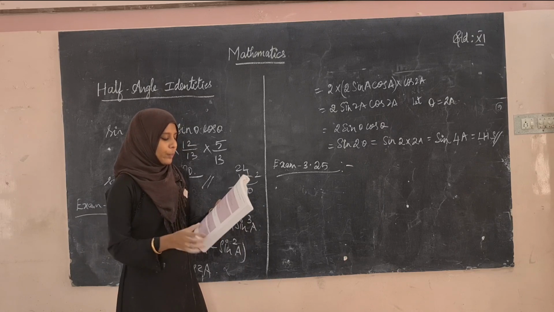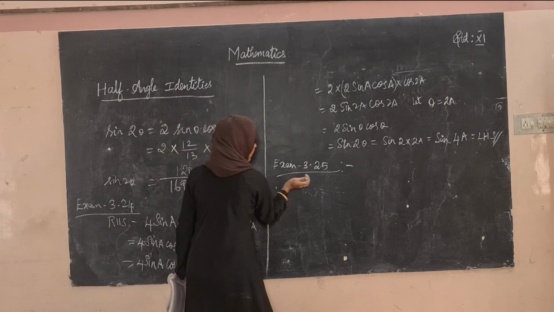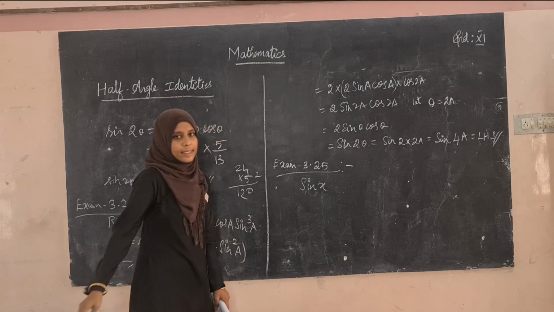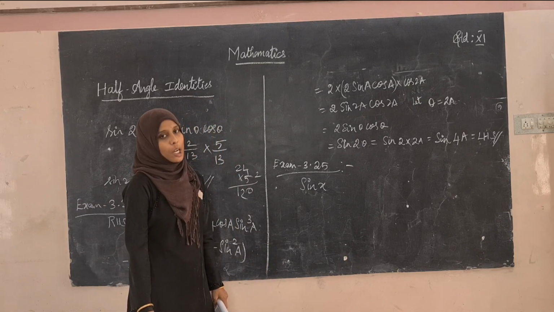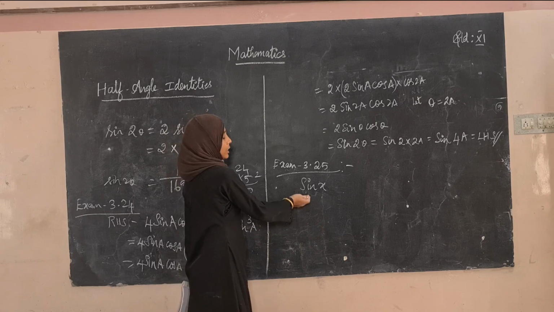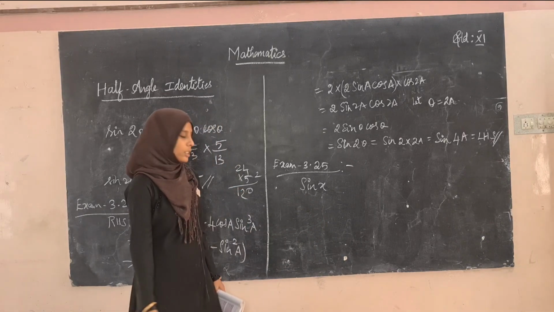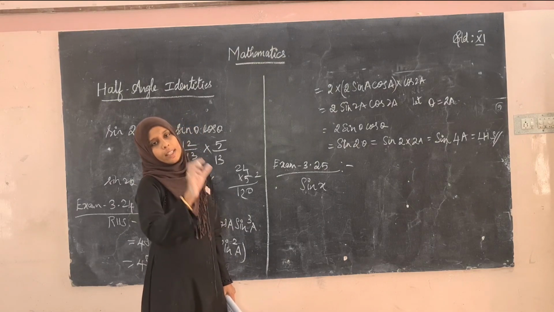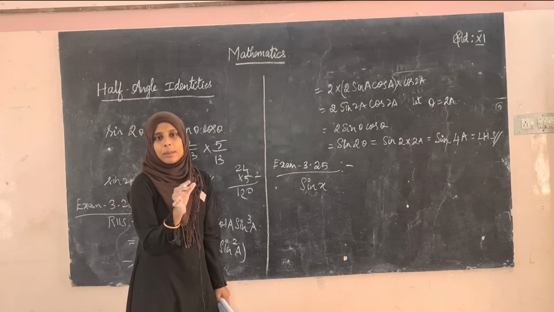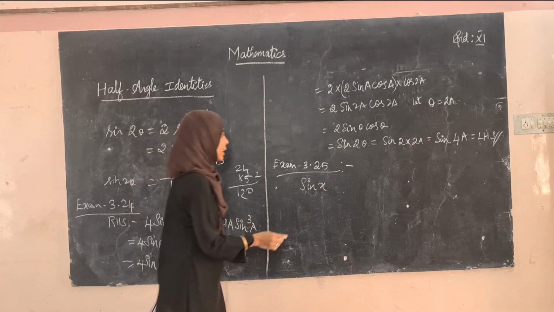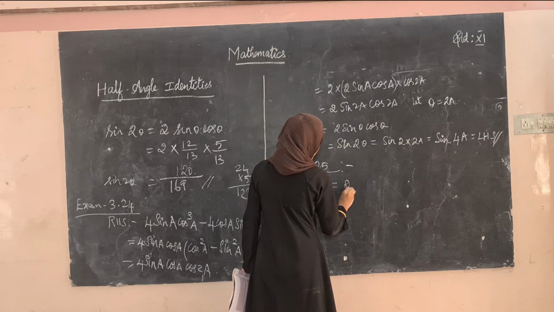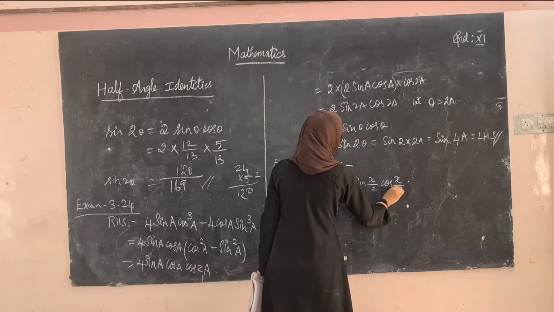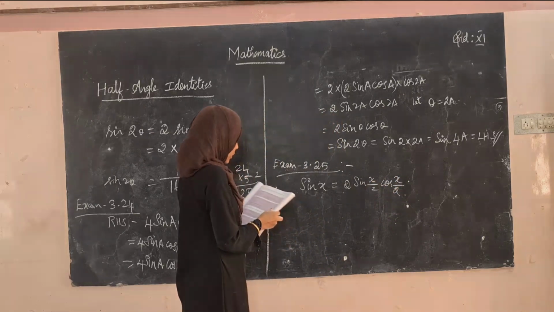Okay, so we can take sin x as, so this is the formula of the half angle identity. Sin theta is equal to 2 into sin theta divided by 2 cos theta divided by 2. This came from the value like this. We know that sin 2A is equal to 2 sin A cos A. So instead of 2A they have written x. So A will be equal to x divided by 2. So using the identity they got that sin x is equal to 2 into sin x by 2 cos x by 2. Okay, so now